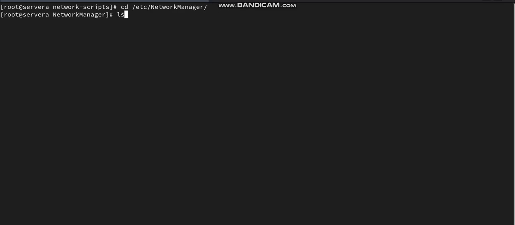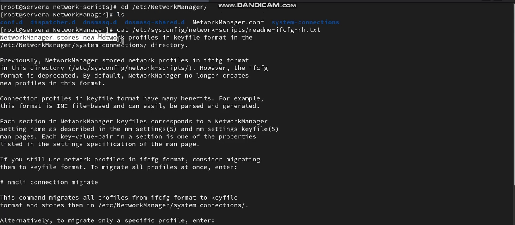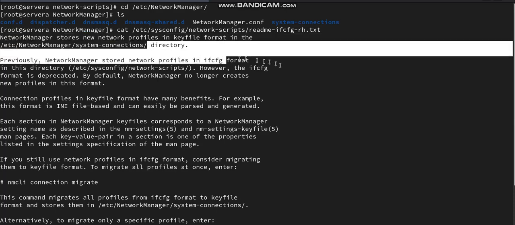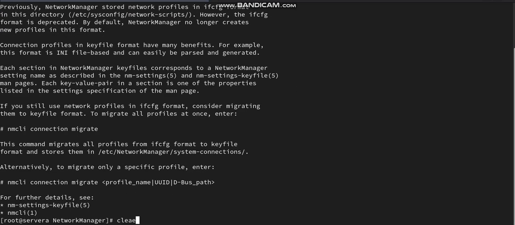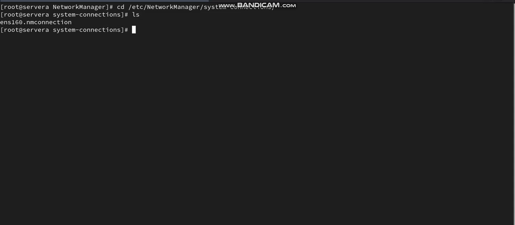Sorry, it is /etc/NetworkManager/system-connections, not network-scripts. So it is changed in RHEL 9.5. Clear the screen, change directory to /etc/NetworkManager/system-connections, ls. So only one connection is created here,